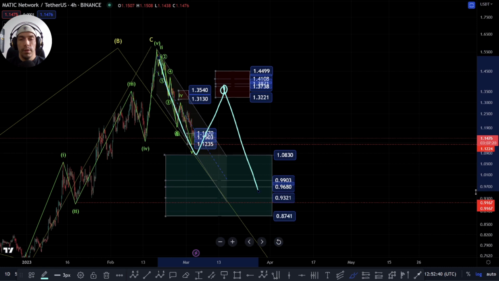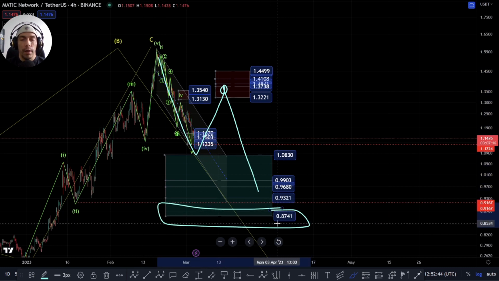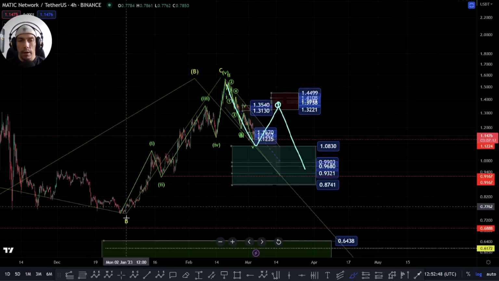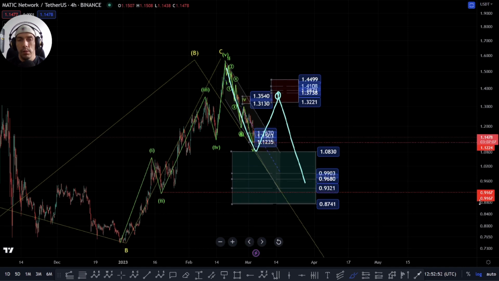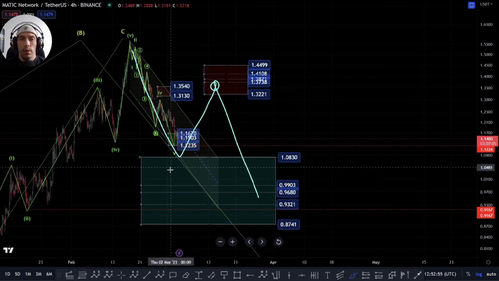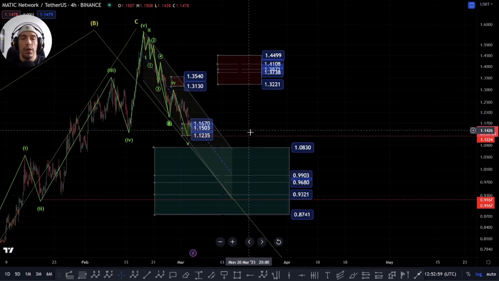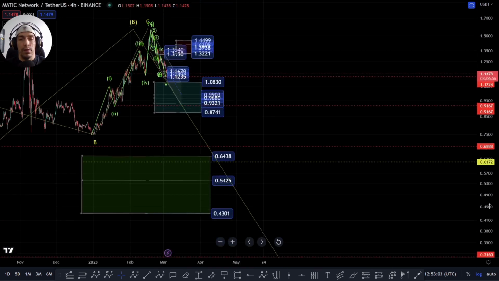Well, like I said, though, we need to be a little bit careful. If we start to lose this 87.41 area, it becomes less likely, and complete invalidation of this would actually come by losing this low point here of the 74.93. Losing that 74.93 would invalidate further impulsive structure to the upside, and then we'd have to look for that possibility that this is that C wave to the downside, which